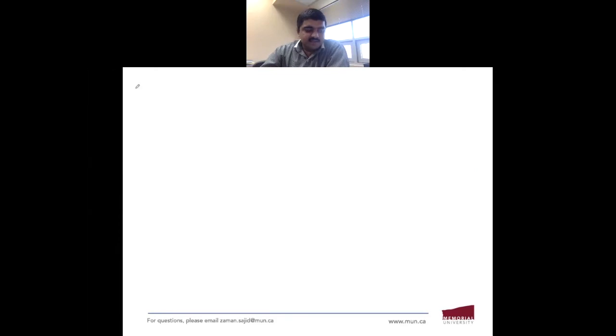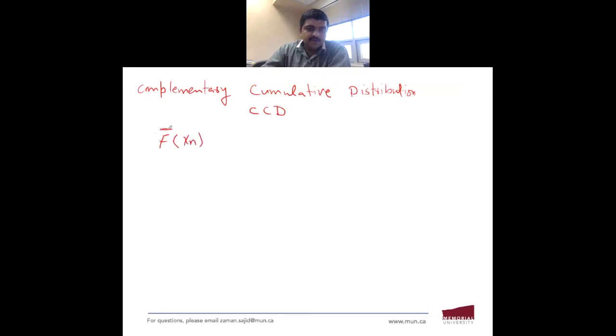Now, there is one thing which is called the complementary cumulative distribution. This is denoted as CCD. Now, the definition of the complementary cumulative distribution: first it is denoted by f of x of n, and we just put a bar on this. This is equals to the probability that x is greater than or equal to x of n. Okay,